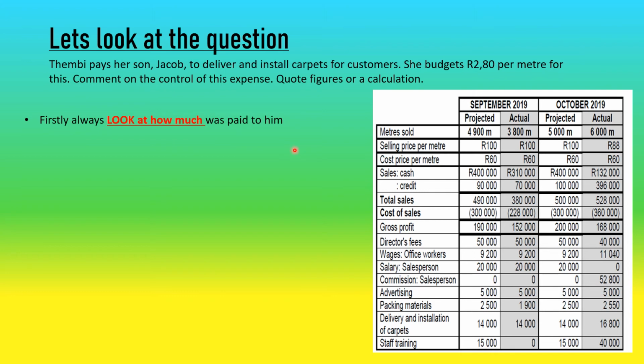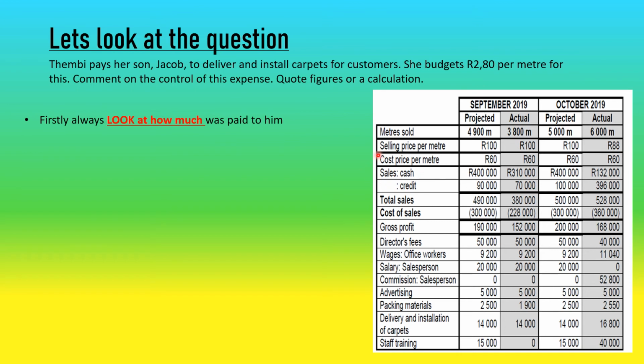And you'll actually see with this example, because here you see she budgets 280 per meter for this. So you can see this is a variable cost. So basically every meter that they sell, he would be paid. And you can also see that the more that you sell, the more he will need to be paid, because he is paid per meter and not a fixed cost. So let us look at how much was paid to him. If you see, in September you projected 14,000 and you actually paid him 14,000. In October you paid him 16,800, but you projected 14,000. So at first glance, October looks like he wasn't paid correctly, but let us actually remember that he was paid